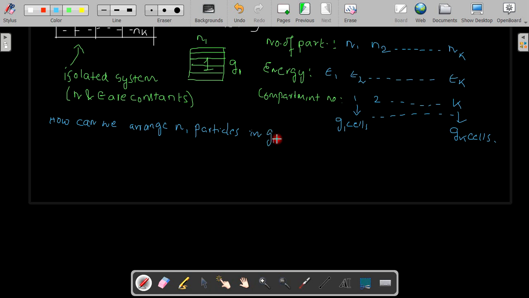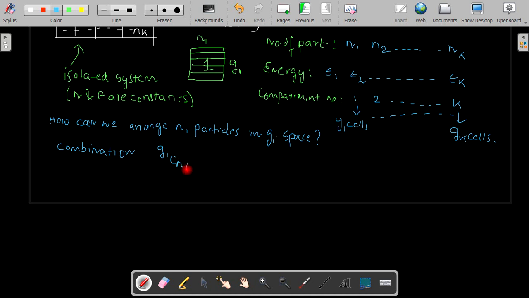That means in our analogy it is in G1 number of benches, so in G1 space. That may be a very valid question, and for that we can use the idea of combination. If you remember, permutation and combination is a very important tool in statistics, and we can actually use this logic of combination, and it says that we can have it like this: G1 C